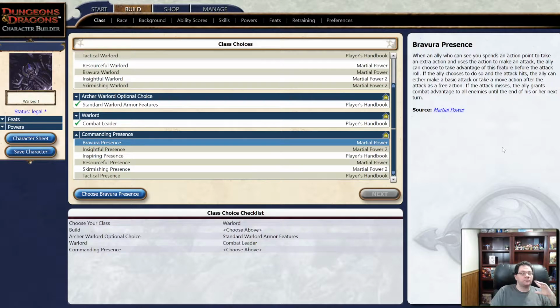So, when an ally who you can see spends an action point to take an extra action and uses the action to make an attack, the ally can choose to take advantage of this feature before the attack roll. If the ally chooses to do so and the attack hits, the ally can either make a basic attack or take a move action after the attack as a free action. If it misses, the ally grants combat advantage to all enemies until the end of his or her next turn. So the presence was basically